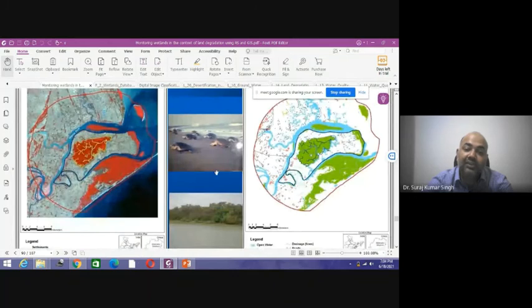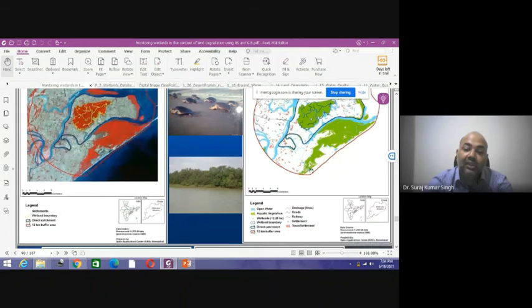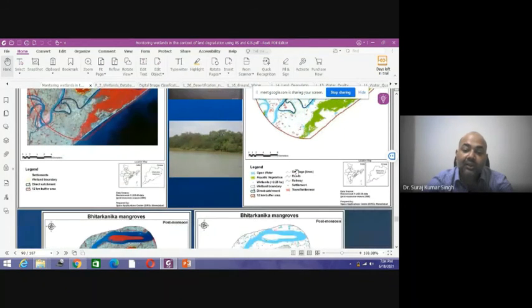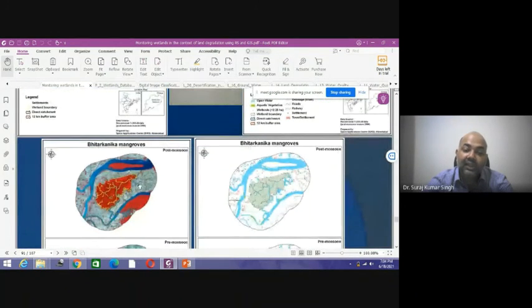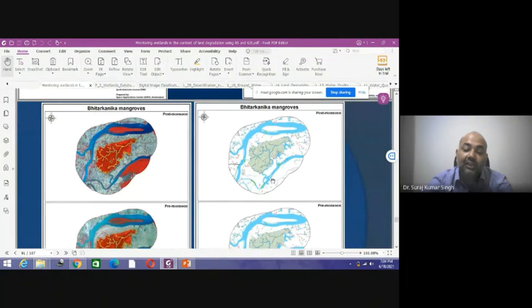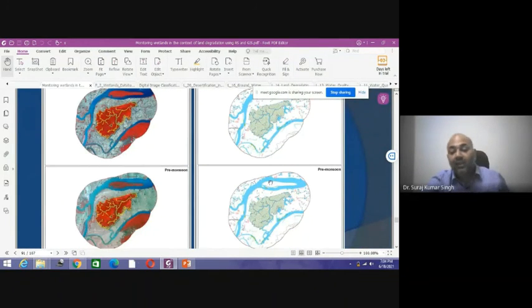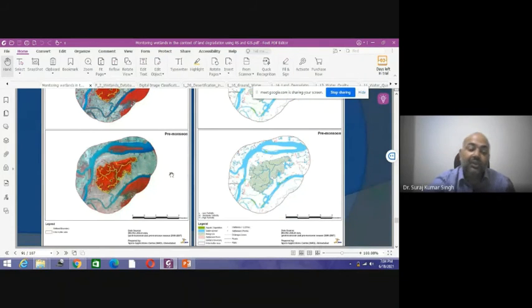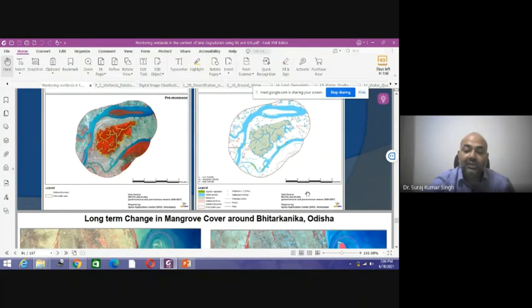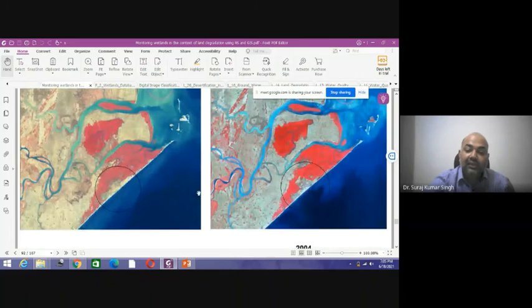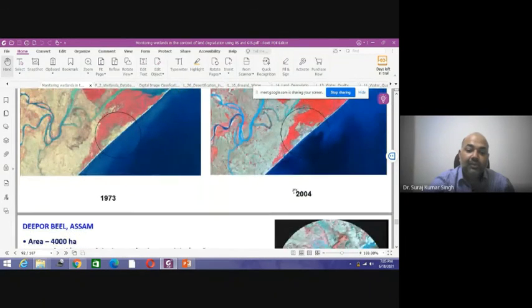In the same way, you can see about the wetlands, whether the wetlands are increasing or decreasing, what are the mangrove and coral regions in that area, and thereafter using the satellite images, we'll be properly modeling it, mapping it, and we'll be trying to analyze whether there is a positive change or negative change using proper layouts, legends of different land use, land features. It should be neat and clean. A proper layout should be there, proper geographical extension should be there. And in this way, we can see the positive changes that have happened over the decades.